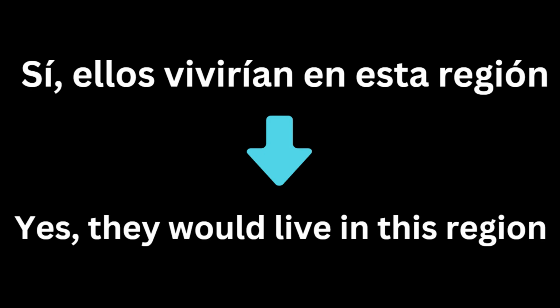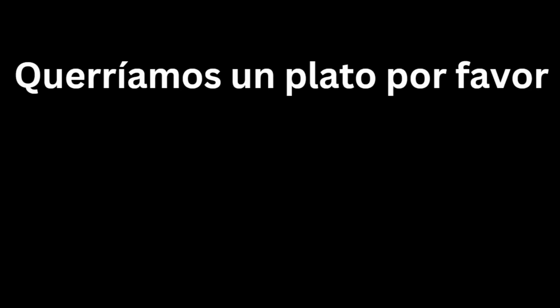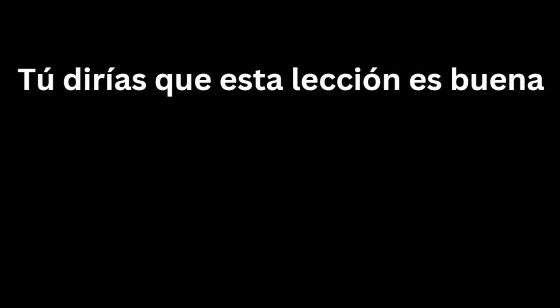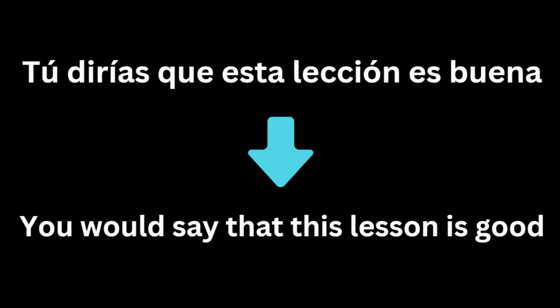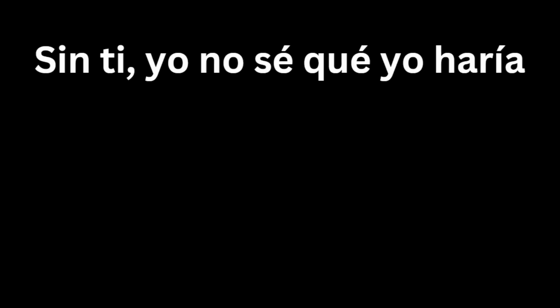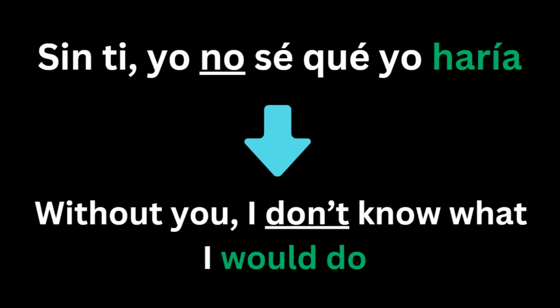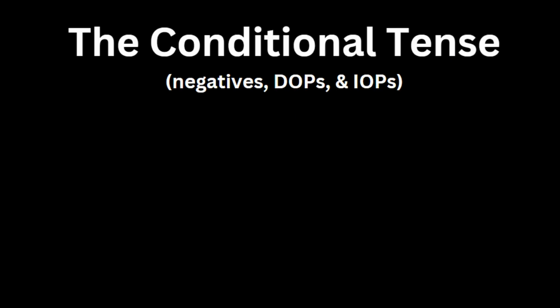We can also use the conditional tense with irregular verbs like saying querríamos un plato por favor, meaning we would want a plate please. Or maybe tú dirías que esta lección es buena. You would say that this lesson is good. A popular phrase that comes up in the conditional tense is sin ti yo no sé qué yo haría. Without you, I don't know what I would do. And this sentence actually has a negative and uses the verb hacer, which is irregular in the conditional. Just like with every other tense, the conditional can likewise function with negatives and object pronouns,